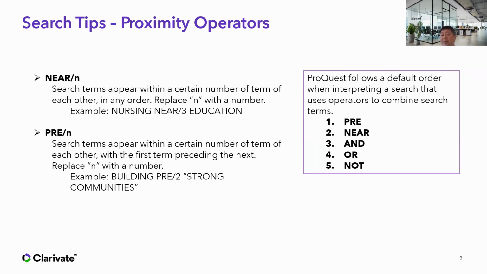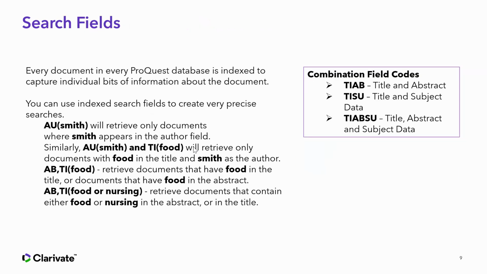So just ask ChatGPT or Google it, by the way: is proximity search available for this database I'm using? Or just contact the vendor support team. Hey guys, I'm using your Web of Science or ProQuest or ScienceDirect. Is proximity search available? Then the support team says, yes sir, it's available. Thank you for contacting. Please just use within or before, they get back to you with that. All right, so proximity.